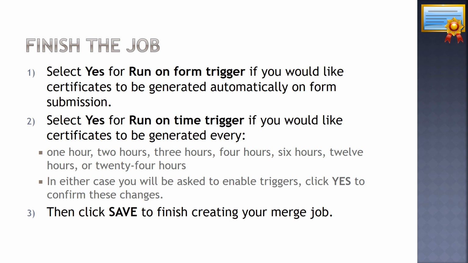You may say that you have defined the quiz for a particular duration of 1 hour, and some of the students might have completed it prior to that time. So they will get the certificate immediately at their submission, and you are expecting that all the participants will get certificates after the completion of the particular time schedule for the event. So you may do it like that, on the basis of time also. There is no issue. But in either case, you have to enable the trigger. So you say enable the trigger and yes, and it will merge the job and do our work accordingly.